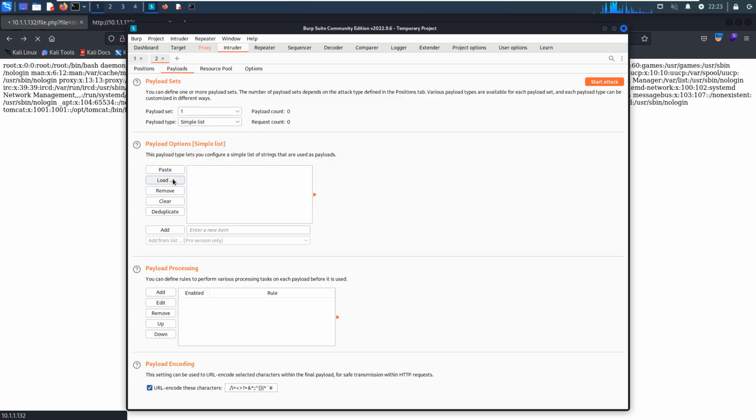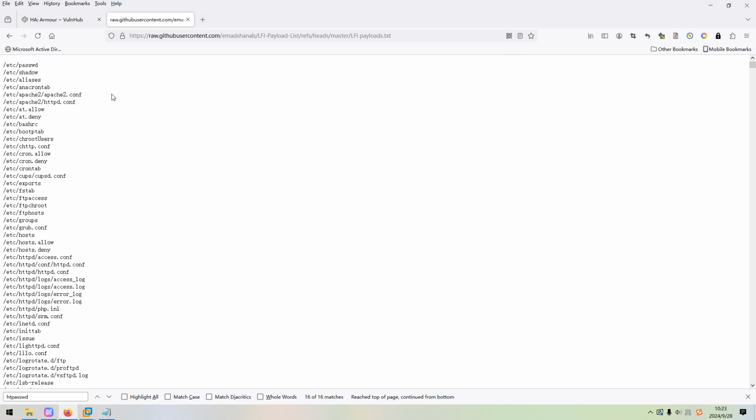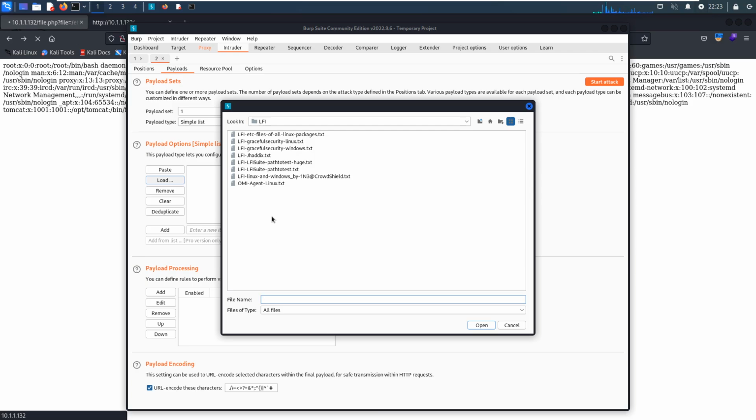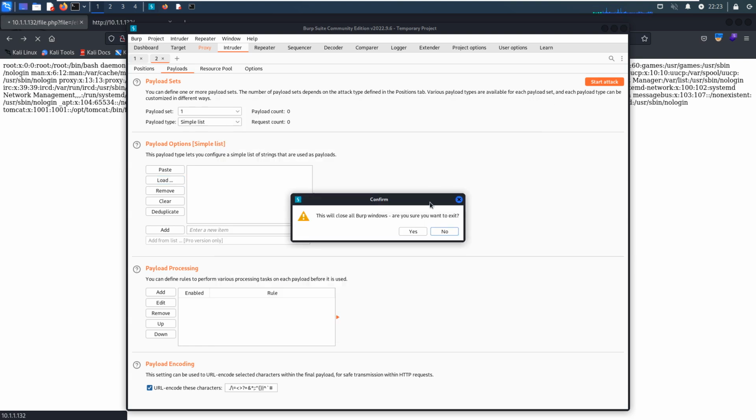The payloads you can copy or save into Kali Linux, then load this word list and launch the attack. I'm not going to do it because it will take a bit of a long time, and I'd like to tell you the result.